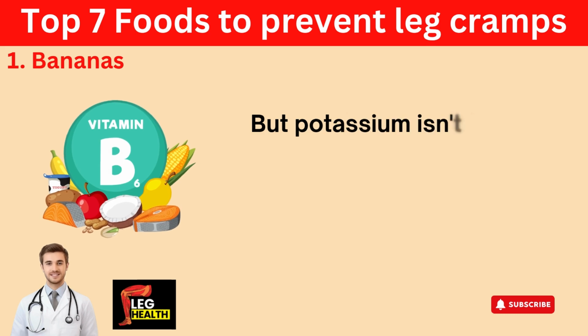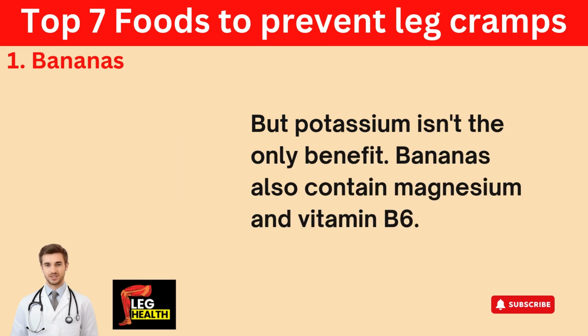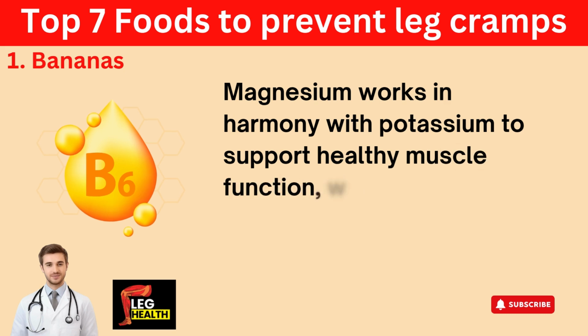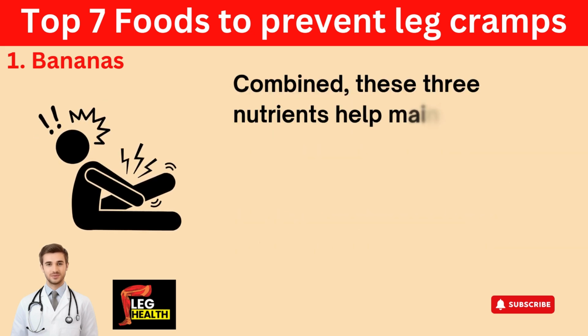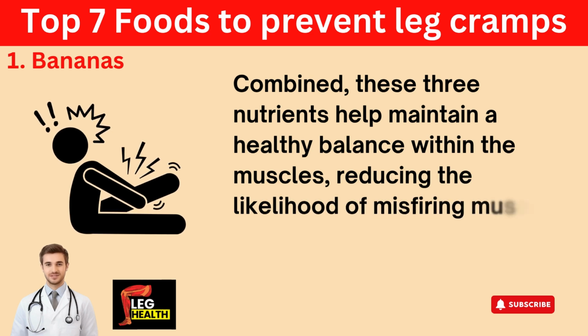But potassium isn't the only benefit. Bananas also contain magnesium and vitamin B6. Magnesium works in harmony with potassium to support healthy muscle function, while vitamin B6 aids in neurotransmission and overall nerve health. Combined, these 3 nutrients help maintain a healthy balance within the muscles, reducing the likelihood of misfiring muscle fibers